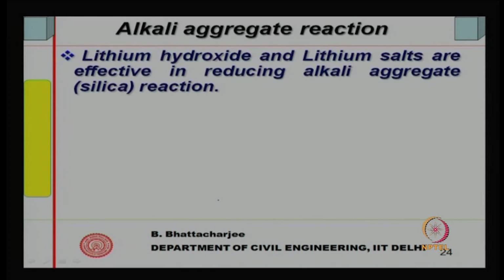So, this was shrinkage reducing admixtures. Then we have alkali aggregate reaction inhibiting admixtures. Now, alkali aggregate reaction, as you know, some of the aggregates, some of the minerals present in aggregate can react with sodium and potassium hydroxides that would be present in cement water system, because sodium oxide and potassium oxides are present